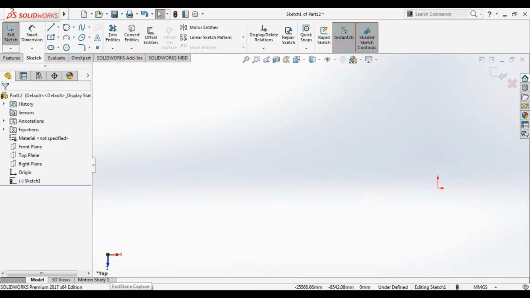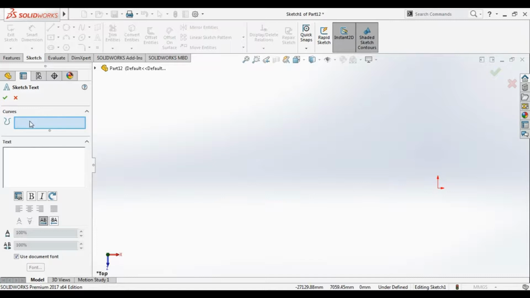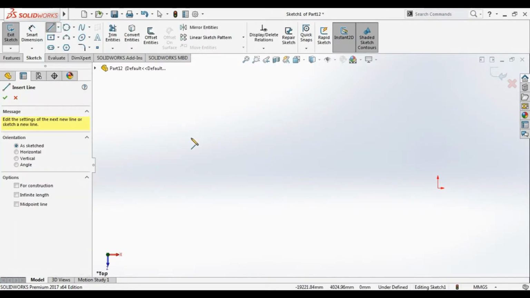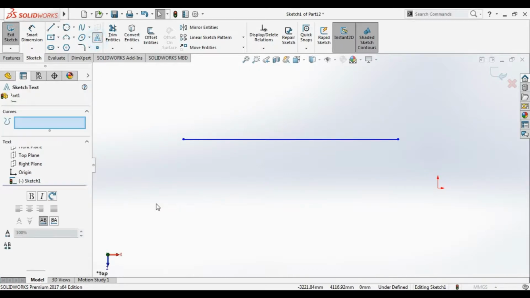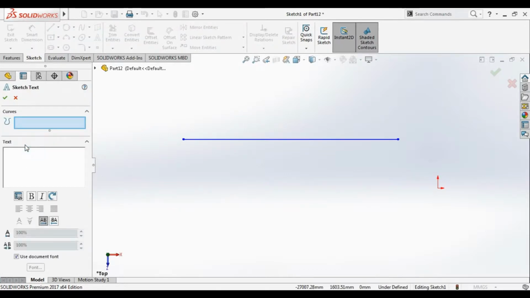In this tutorial we learn how to add text in SolidWorks. We go to the text tool. Before we start, we can make the text on the curve. For example, draw a line, go again to the text tool and